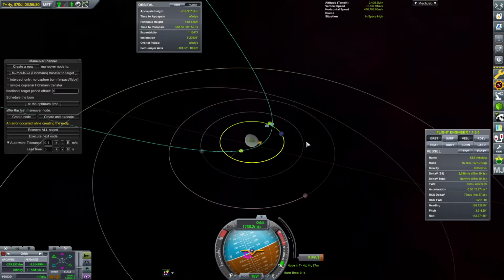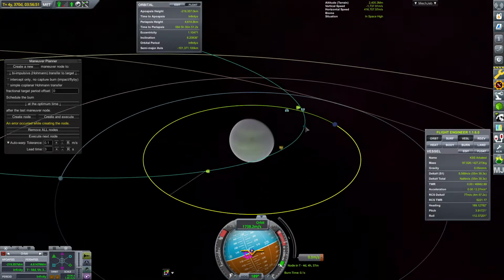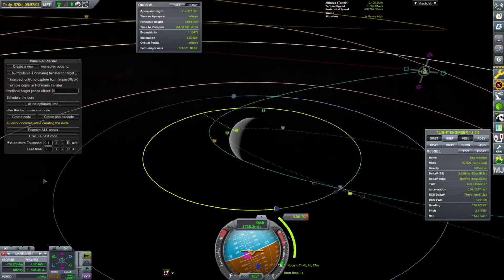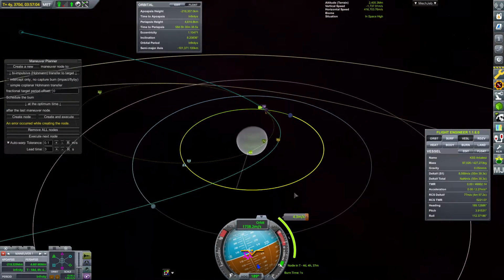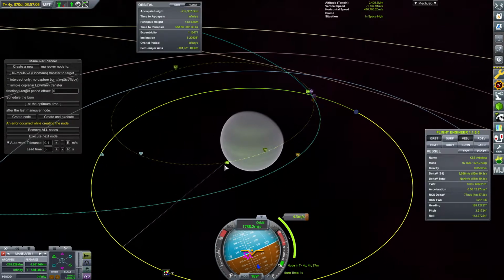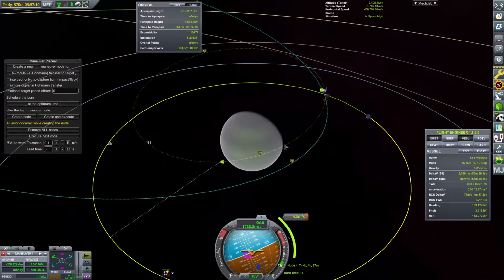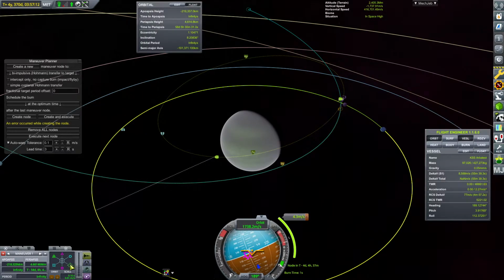We're already going to get a fairly close approach here. So, if I slow down a little to tighten... Okay, there we go. Oh, that's not bad. That is not bad at all. Let's turn my increment way down because... Okay, so that's going to lead to...